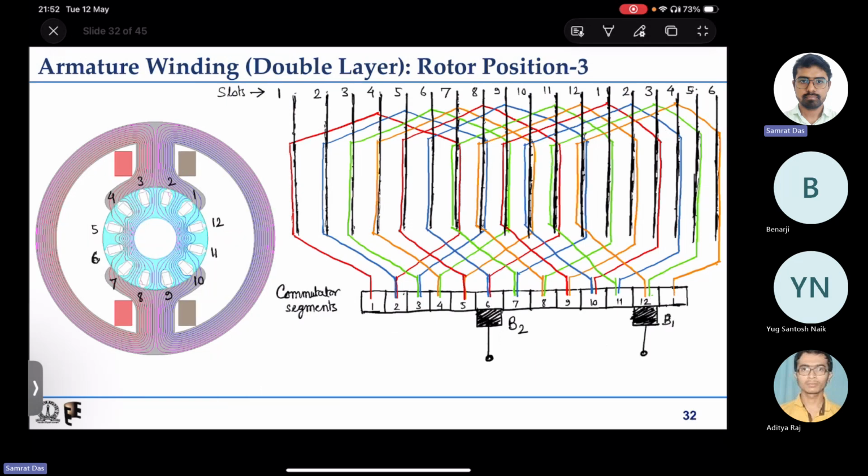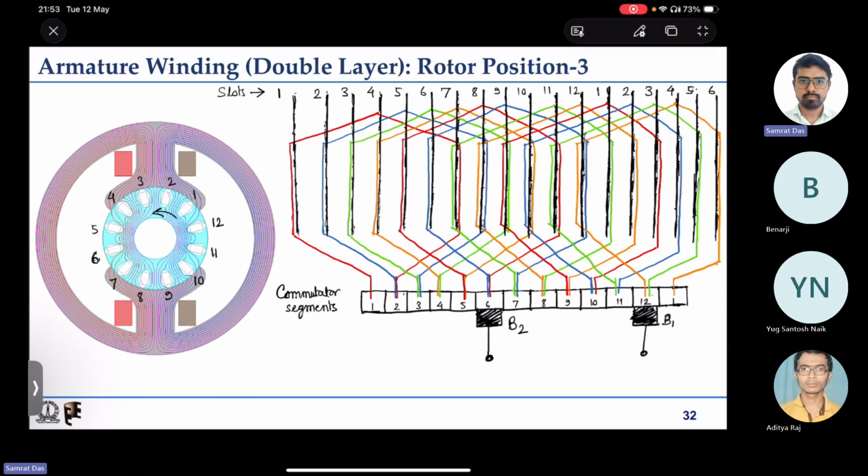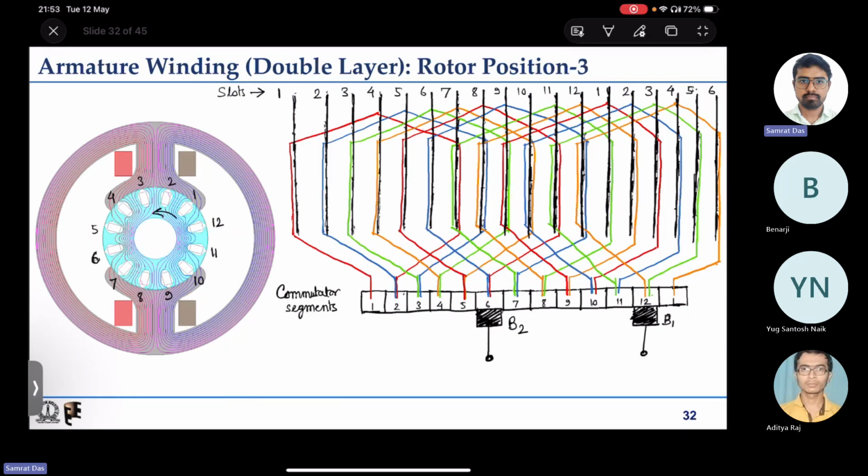Now I go to the next rotor position, where the rotor has rotated a little more in the anti-clockwise direction, so that brush B2, which was in contact with commutator segments 6 and 7, is now in contact with only 6, and the segment which was in contact with 1 and 12 is now in contact with only 12. Now we have the total current IA